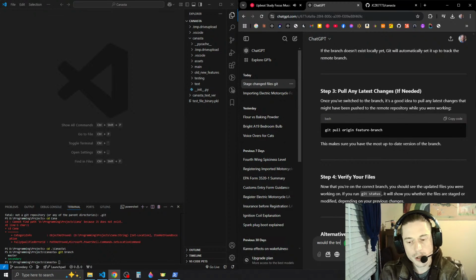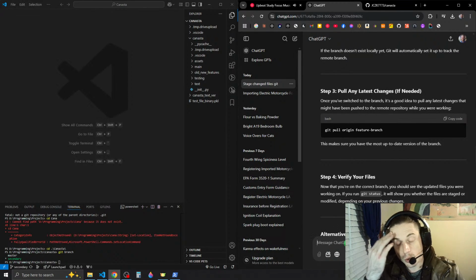Would the term root directory properly refer to the folder that is assigned to be the local git repository?